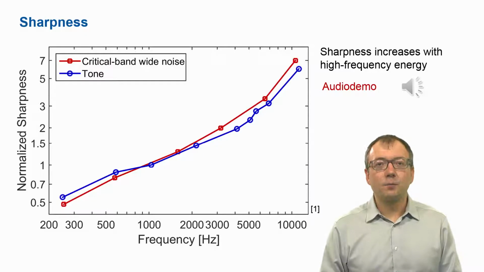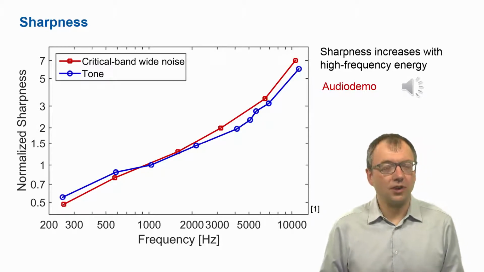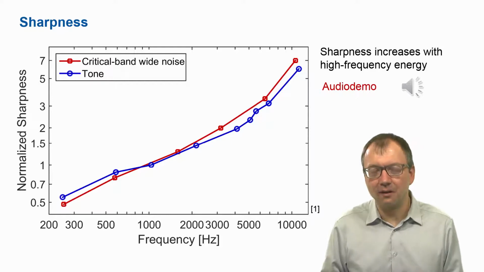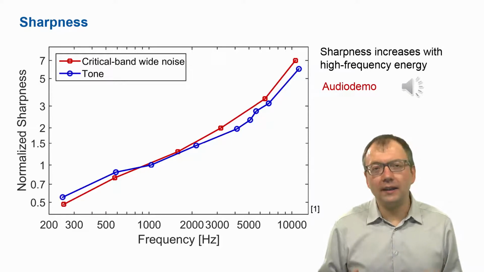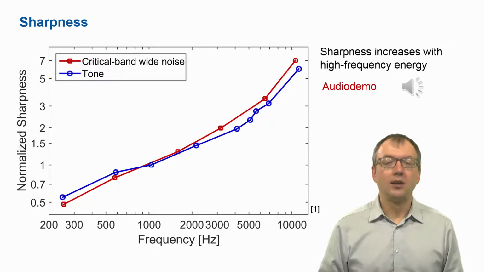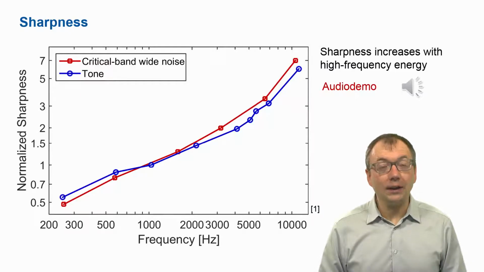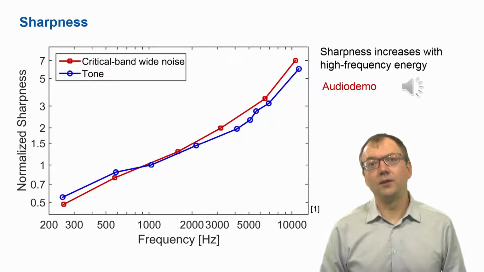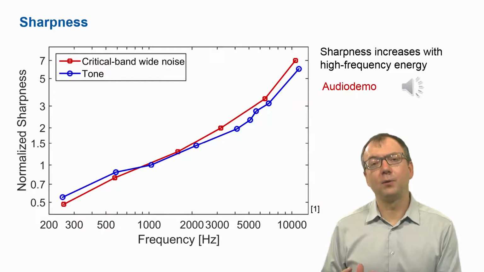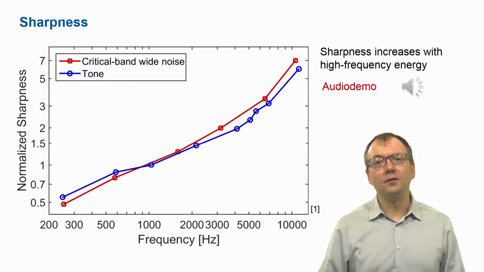Sharpness expresses the quality of a sound to sound sharp, to sound hissing, to sound like it would cut through something, and it's strongly related to how pleasant we feel with the sound. Sharpness is dominated by energy in high frequencies, and it's a question of the spectral envelope of a sound. If there's strong high frequency energy in a sound, then it will sound sharper than if there are no strong